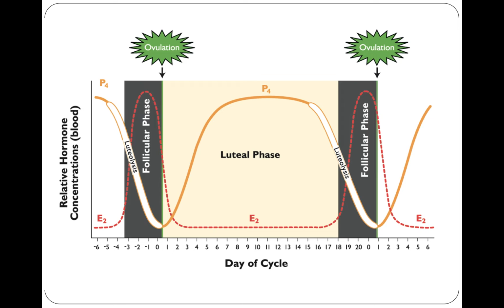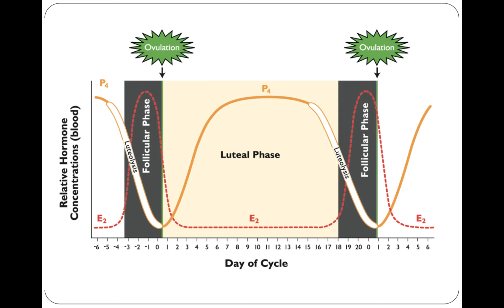These are the two main hormones that play a big role in cyclicity. There are other hormones that we can manage and that are a part of this process, but we're just going to start with progesterone and estradiol. So you can see progesterone will start out very, very high, up to about 6 days before